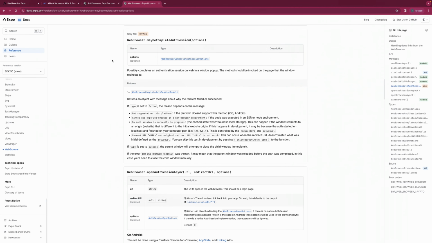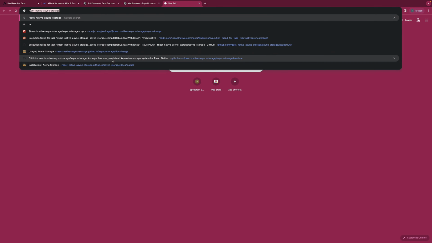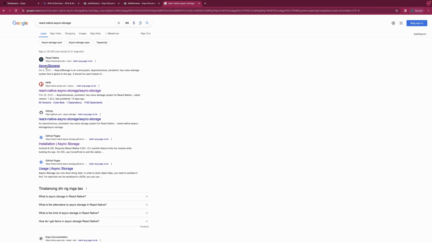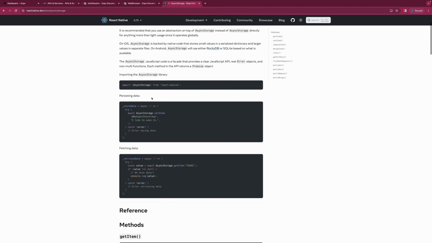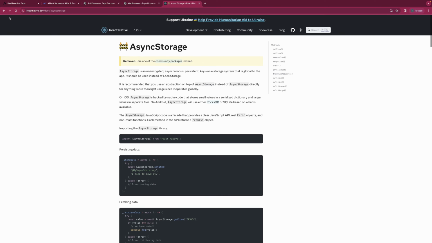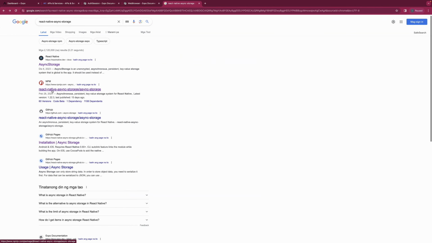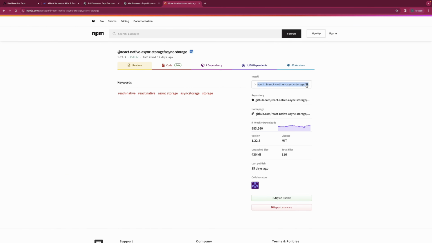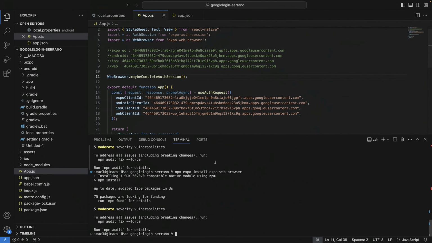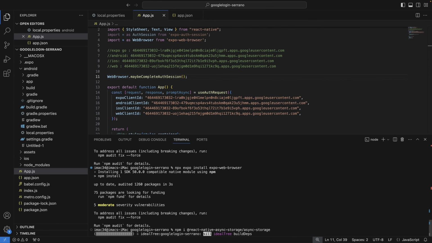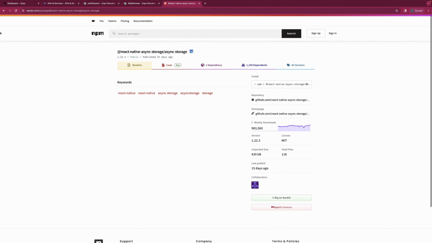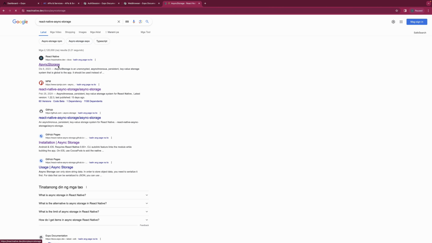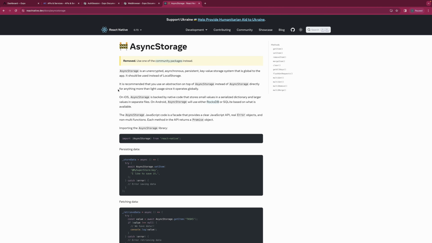We also need to install the React Native async storage. So click from the React Native website. This one doesn't have an installation command. Open from npmjs. Copy the installation command and paste it on the terminal. Then let's go back and open from the React Native documentation.